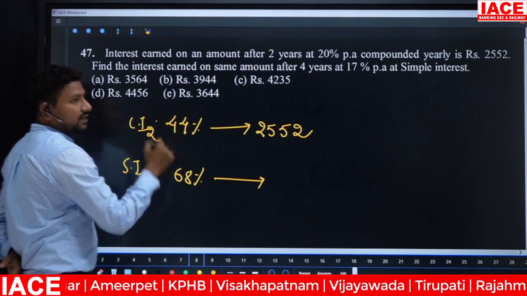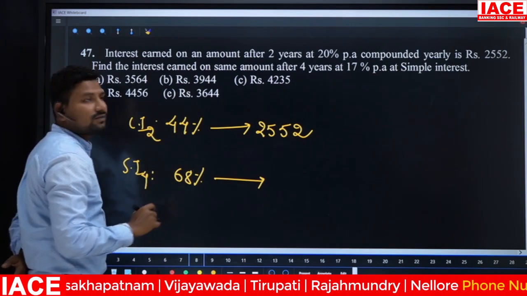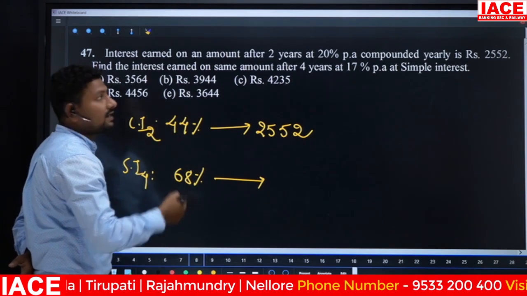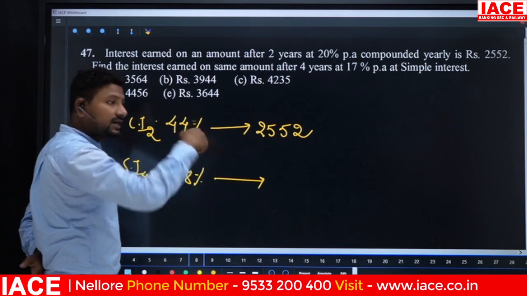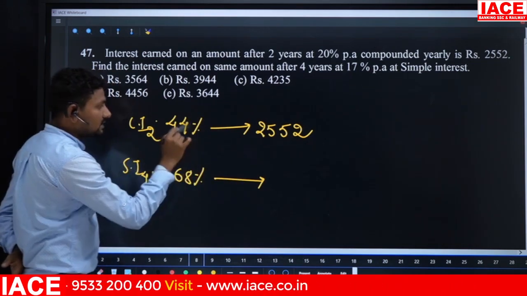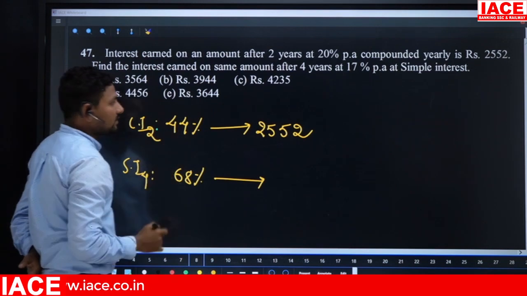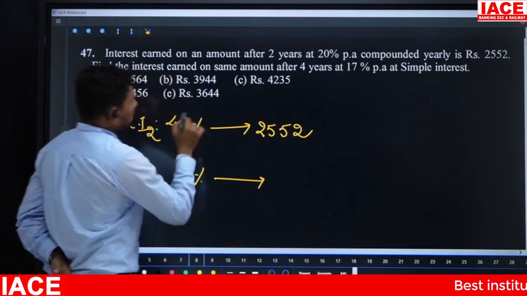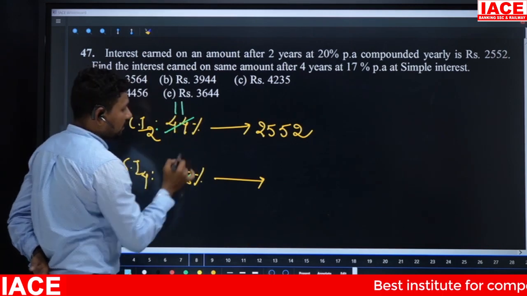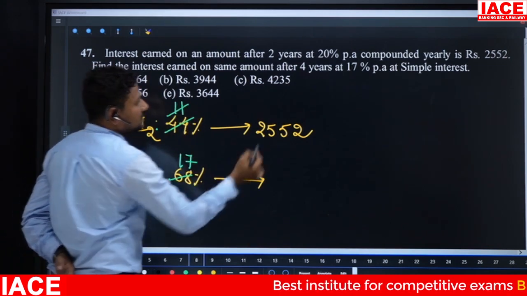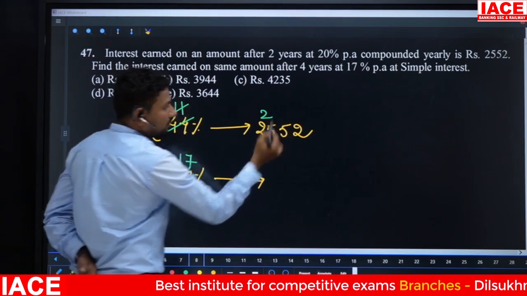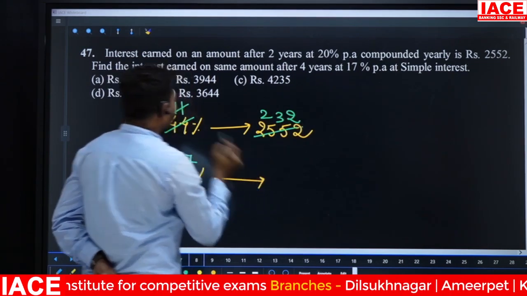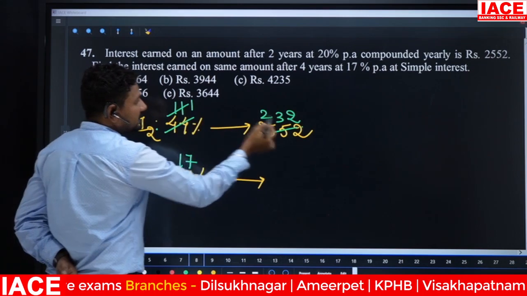Then how do you get this 44%? You can apply the net percentages formula. Otherwise, take the principal as 100 and 20, and you can calculate interest on interest. We'll get an answer of 44%. Directly we'll go for the percentage wise. 4 11s are 44 and 4 7s are 28, and 11 1s are 11, 11 2s are 22, and 11 3s are 33. So here 1% is equal to 58.